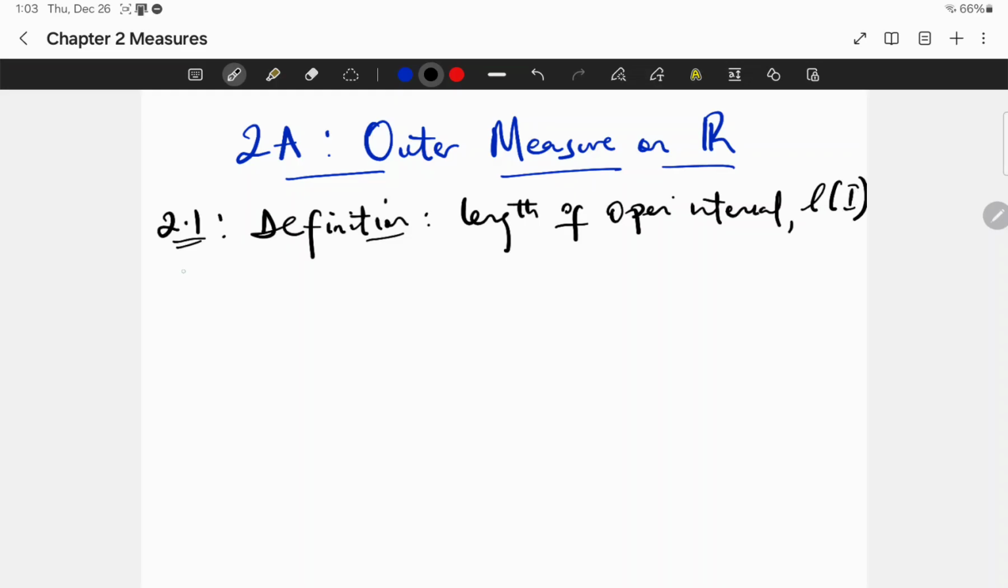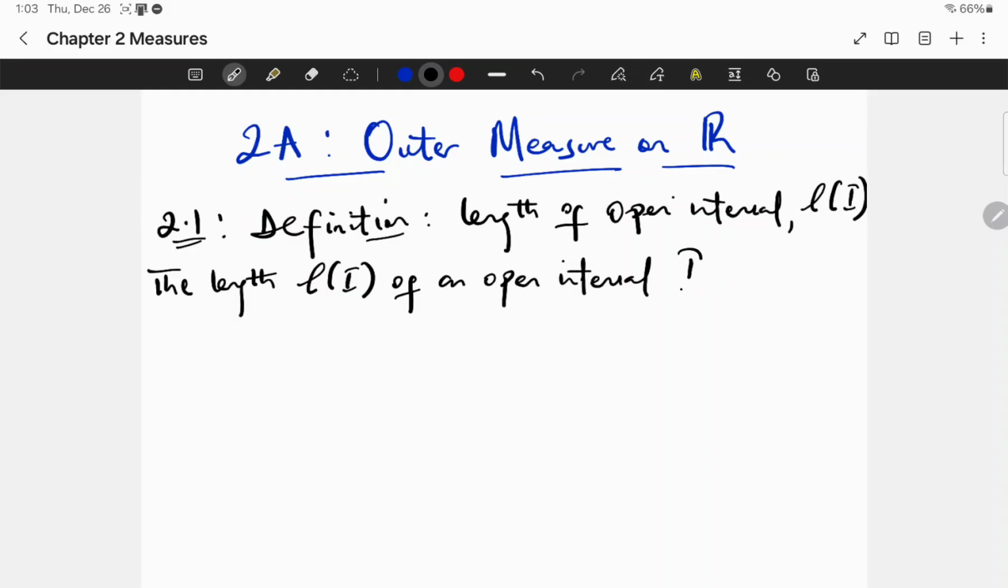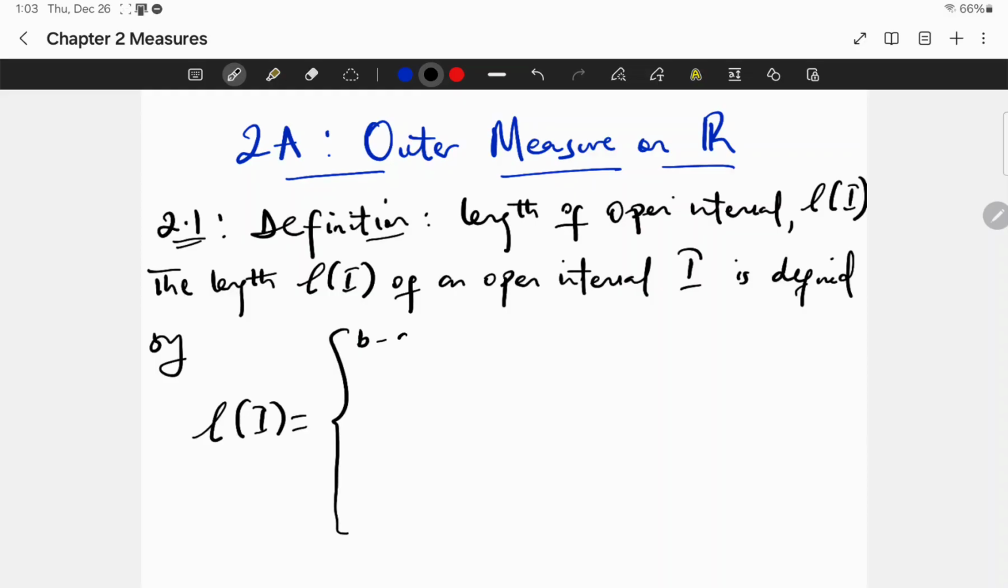The length l(I) of an open interval I is defined by l(I) equals b minus a, if I equals the open interval (a, b) for some a, b that belong to R with a less than b,